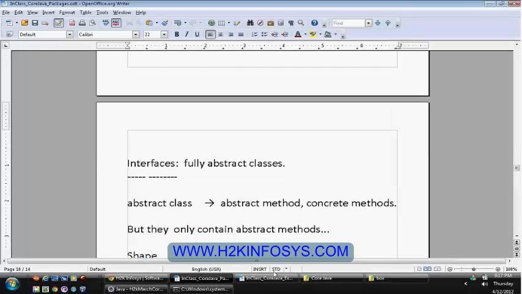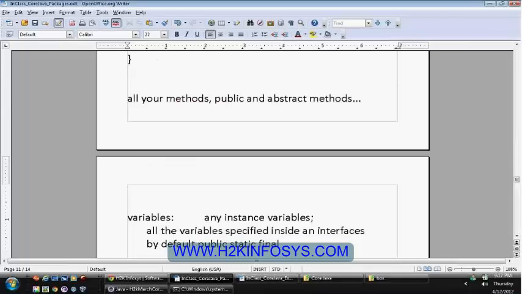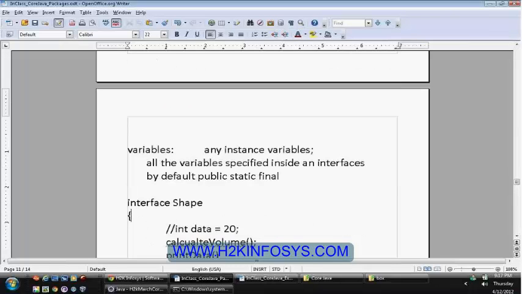Not interfaces, you defined subclasses. When you say subclasses, they are extending from a parent class, right? When you search for subclasses, you wrote the definition somewhere. Definition for?